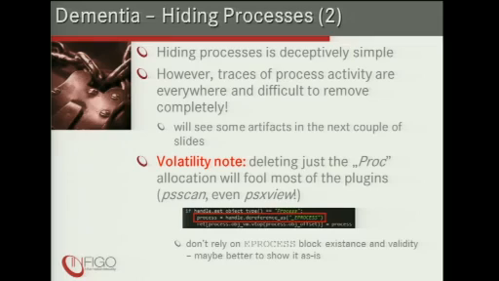So maybe a better solution would be to ignore checking the existence of the EPROCESS block and its validity and just leave the data and show it as is. For example, if we have a handle and this handle is of type process, but it does not point to any valid EPROCESS block or process allocation, never mind, just show the handle. Just make sure that the incident handler sees it, because it could indicate some malicious modification.